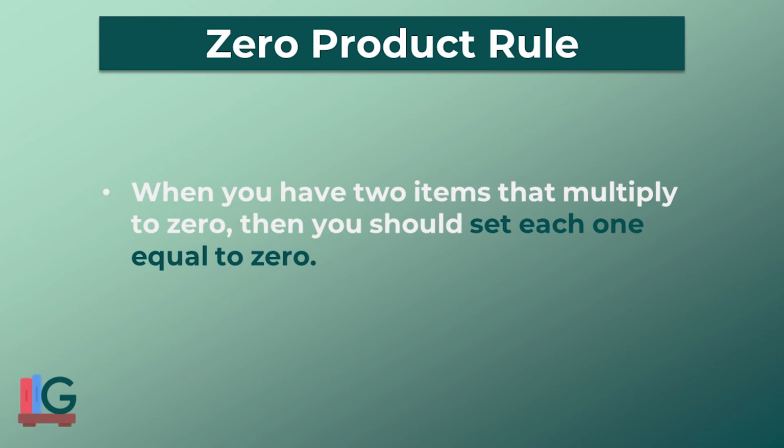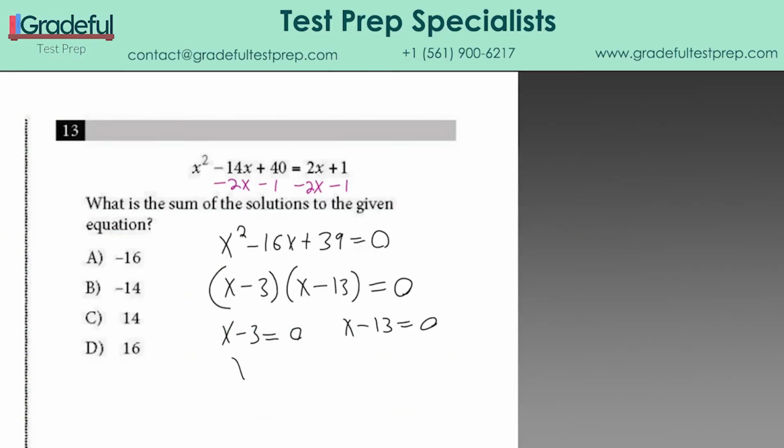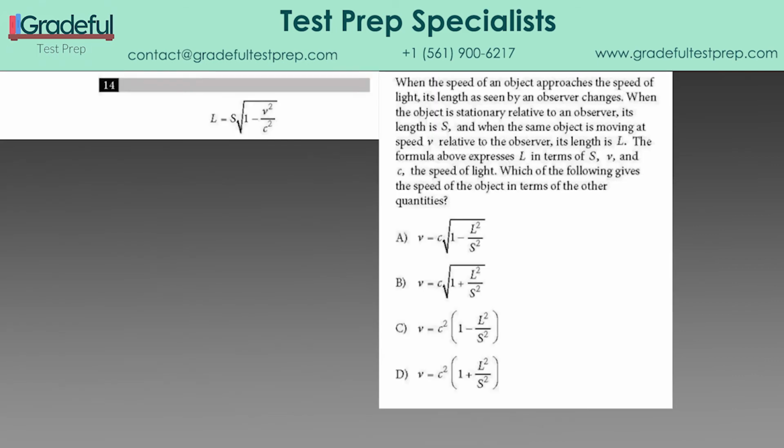Now the zero product rule says you set each piece equal to 0. And you can go ahead and solve each of these by adding 3 to both sides, by adding 13 to both sides, and our solutions are 3 and 13, and the sum of the solutions is 16, and the answer for 13 is D. Now for question number 14, we're being asked for the speed of the object, which is v,